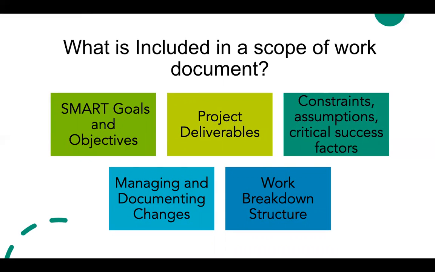Another important component is outlining specific project deliverables. Project deliverables are what the stakeholders expect at the end of a project. These can include both the unique product or service that the project should render and the documents and reports completed throughout the project. Additionally, the scope of work is where the general project constraints, assumptions, critical success factors, and resource requirements, such as materials, labor, cost, and time, are clarified.